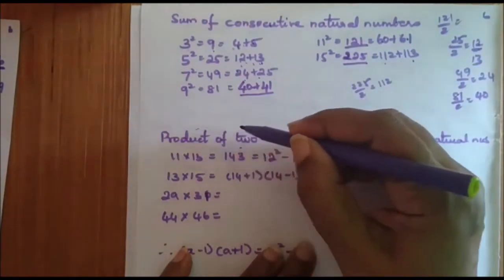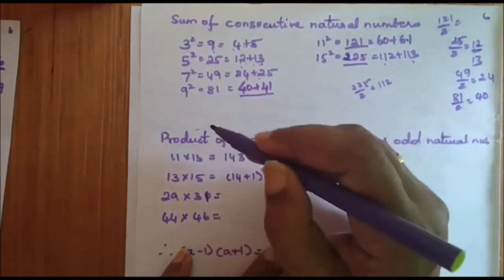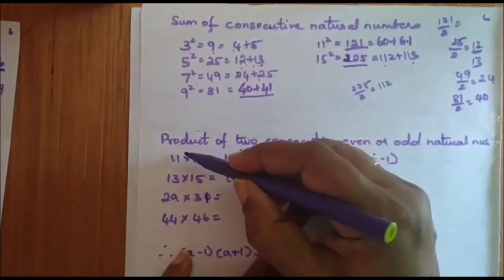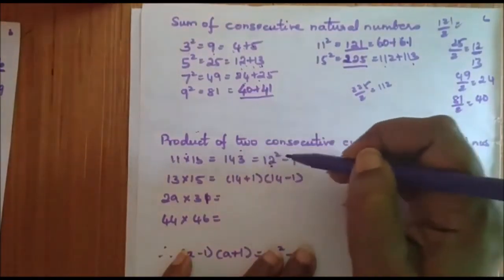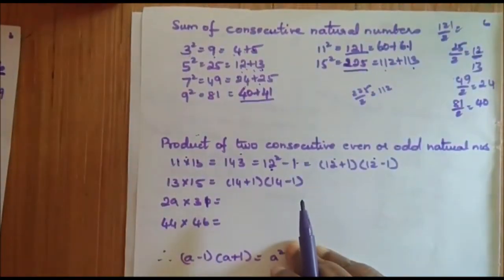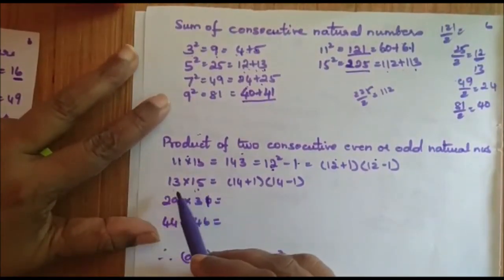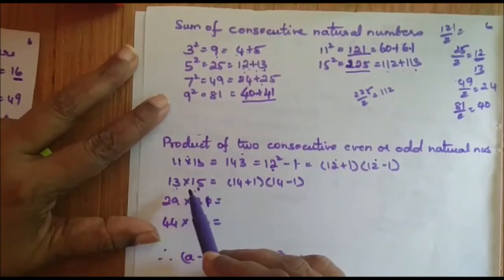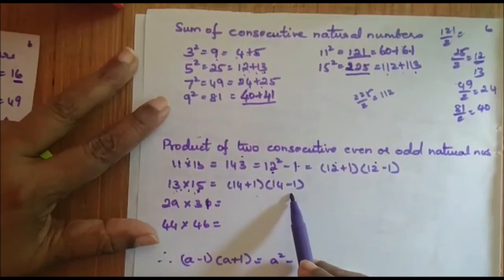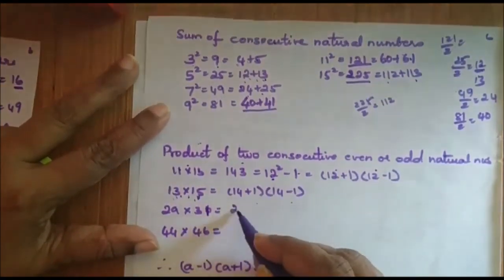It can be expressed as the product of two consecutive odd natural numbers, 11 and 13. The number that is between is 12. So 12 squared minus 1 is one shortcut way of solving this problem. Similarly, for 13 and 15, what is there between 13 and 15? 14. So 14 plus 1 into 14 minus 1. Okay, so this is how we solve it. Similarly, this can be written as